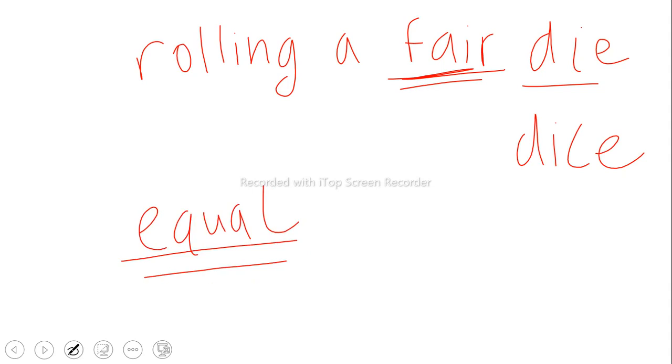Another thing is how about rolling a fair die? You know what I mean by a fair die? Yeah, dice. And we say fair because we're trying to get the understanding that it's not weighted. Like no one is trying to cheat you. There's an equal opportunity, or equal likelihood, for any one of them to be chosen. And so when we have stuff like this, we use the probability formula.